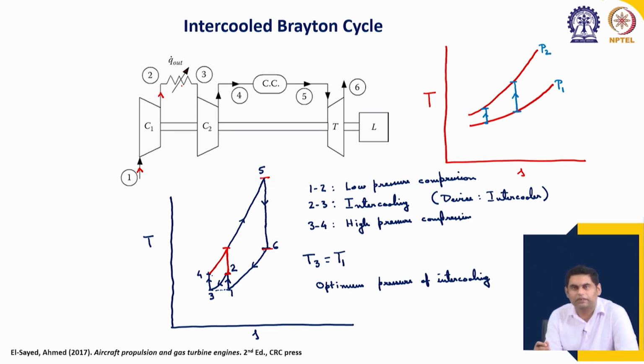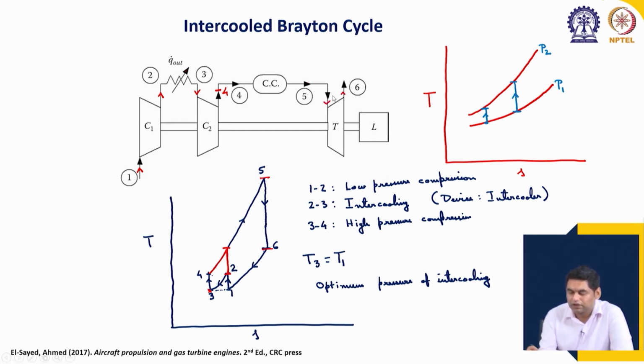So, it is not like regeneration. Here the heat is being removed to an external circuit, external water. So, we are just removing heat from the cycle. From there we reach state 3, and from state 3 there is the second compression process, and we go to state 4 after the second compression. Then from 4 to 5 is the heat addition in the combustion chamber,